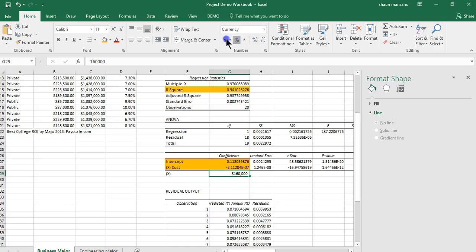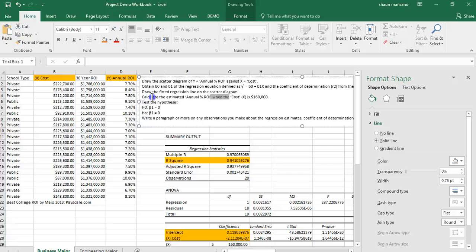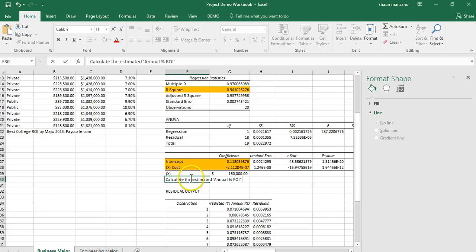And this is the dollars, right? So our X is 160. So this is the calculation now for the predicted value, because we're trying to figure out the calculated estimated annual ROI. Calculate the estimated ROI. So I'm going to put it right here. Estimated annual ROI